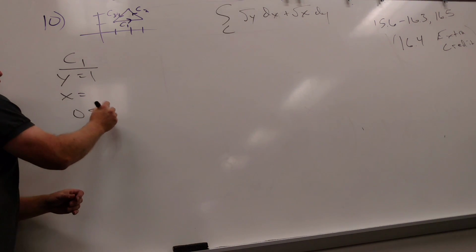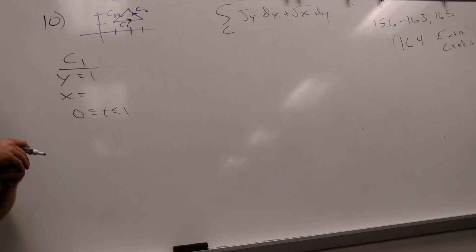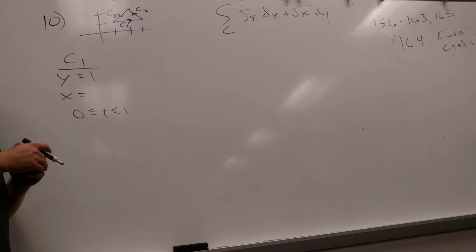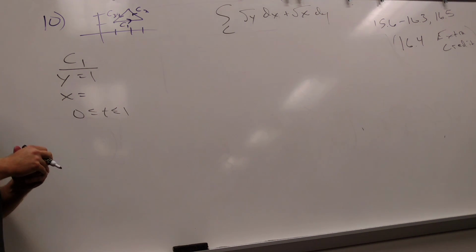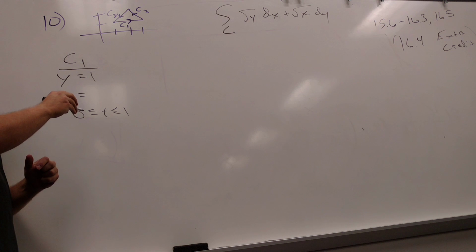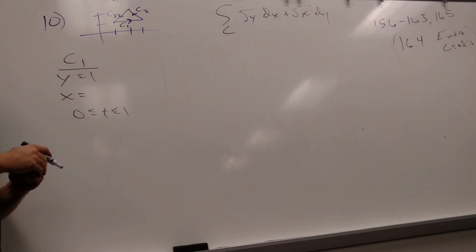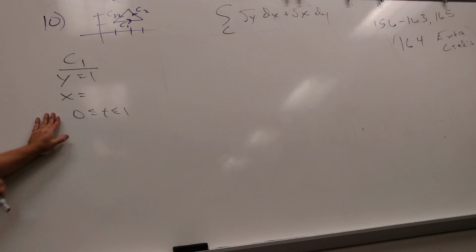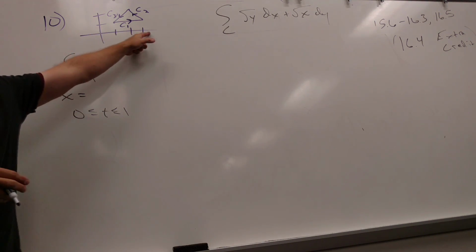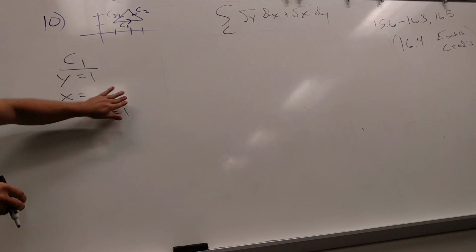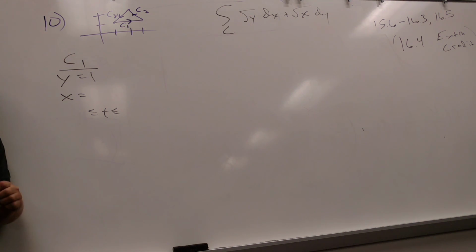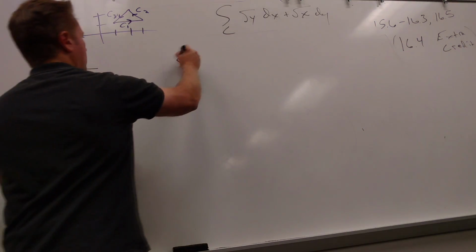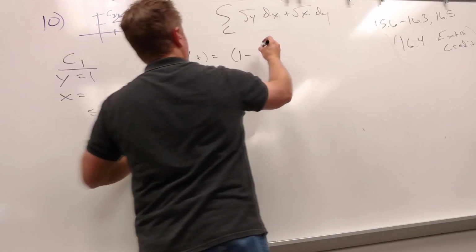If I let t go from 0 to 1, how could I define x? x can't be t if I wanted to do that. You could say x is t if t goes from 1 to 3. Sure. David said just do the parametric line equation, the 1 minus t. Of course, definitely. So you can do r of t equals 1 minus t